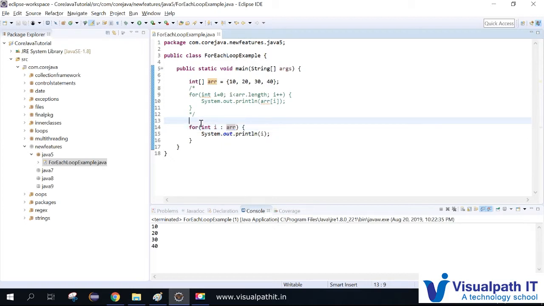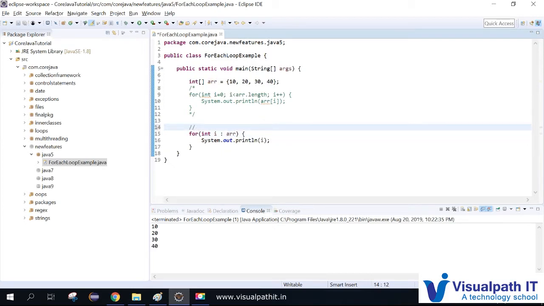Suppose you have a list, then you just need to give a list over there, and you can get the elements over there. So it will be like an array or a list or set. Either you can give arrays or any collection. Collection means either you can use list, set, or anything. Type of list means array list or linked list, anything you can use, and hash set and all you can use it here. So any type of collection or any array you can give it.